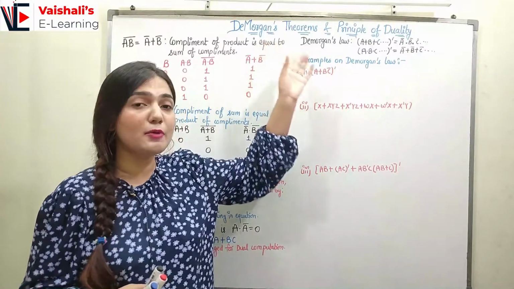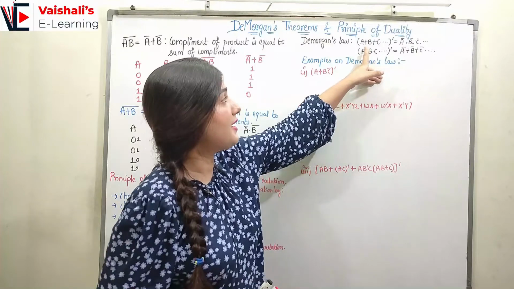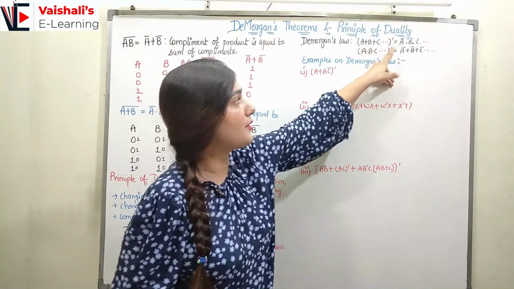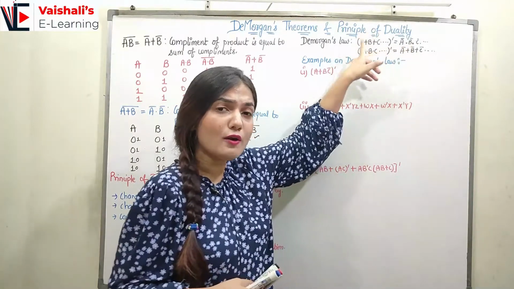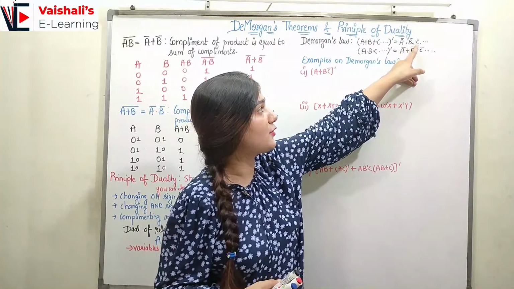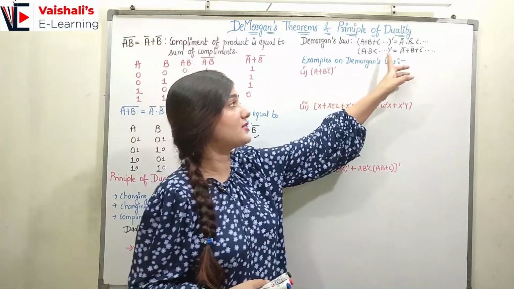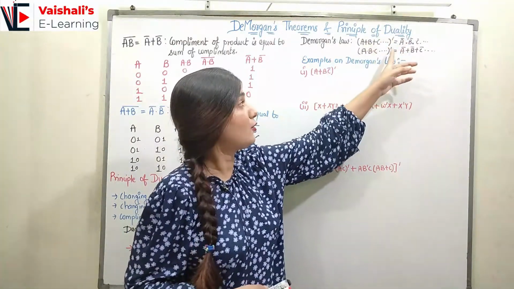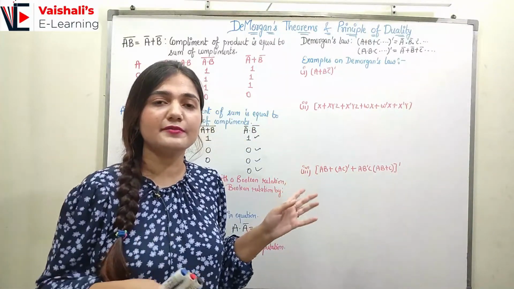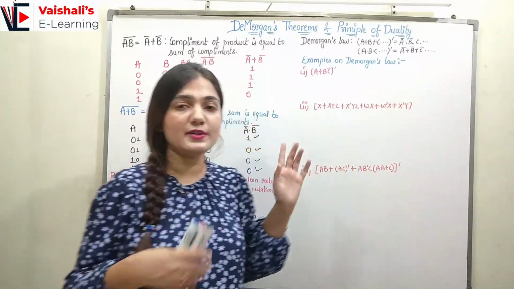So now coming to the De Morgan's law for n variables, right? If I have n variables and I have A plus B plus C up to n and whole complement, so plus is now converted into dot, and all of the variables are converted into their complement. A complement dot B complement dot C complement and so on. Similarly, we have A dot B dot C dot so on up to n whole complement. So now dot will be converted into plus and A, B, C will be converted into their complement. So A complement plus B complement plus C complement and so on.